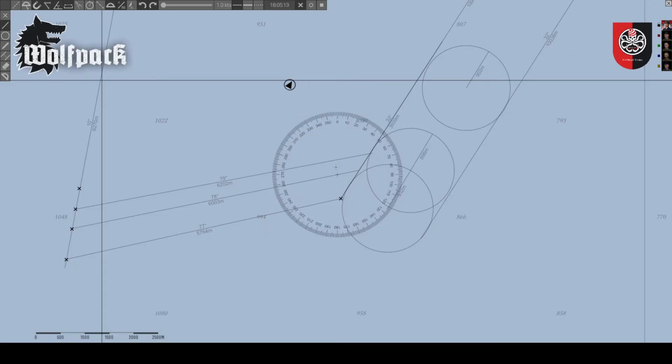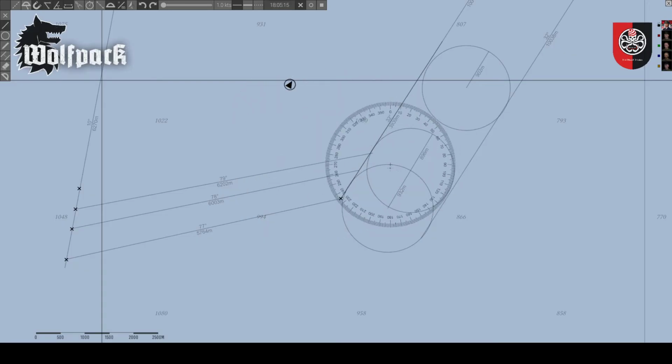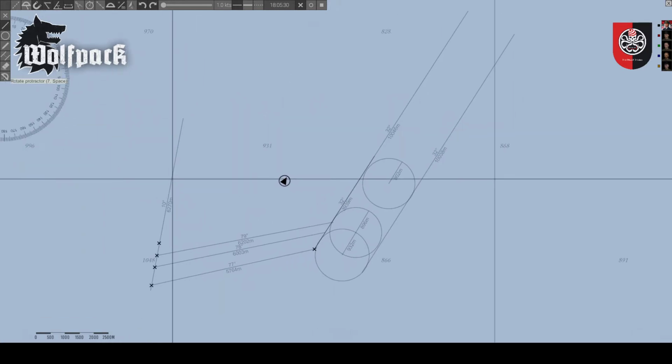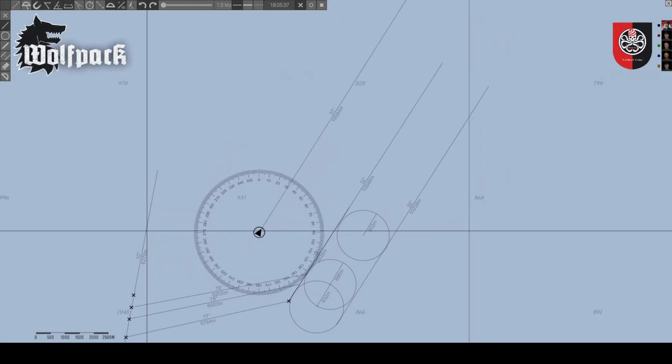I believed it was between 32 and 34. We confirmed: we tried 32, didn't work out. We went 28, that didn't work out either, so then we put it in the middle, 30, and that worked out perfect. So that is what we have right now. So what I'm going to do is just put a nice little course line here at 30,